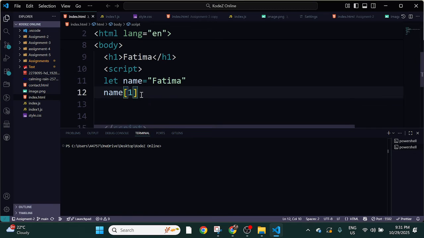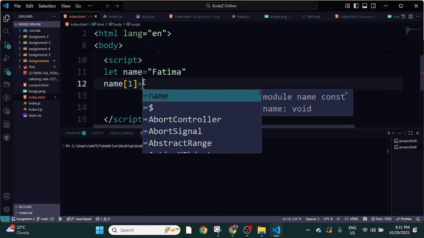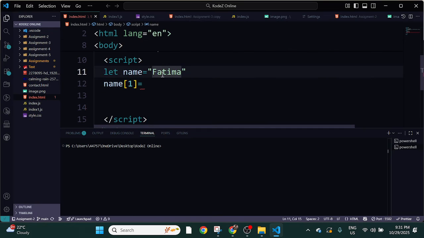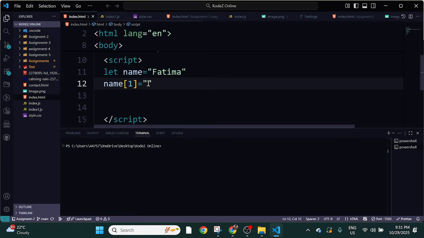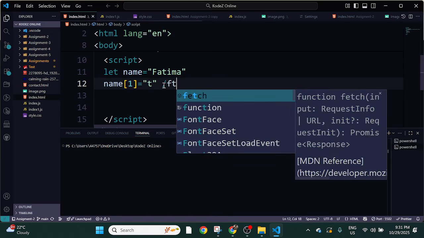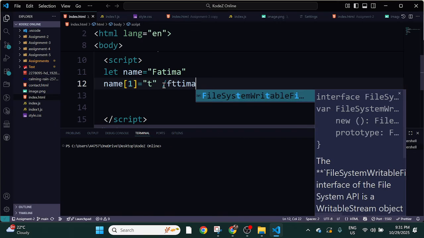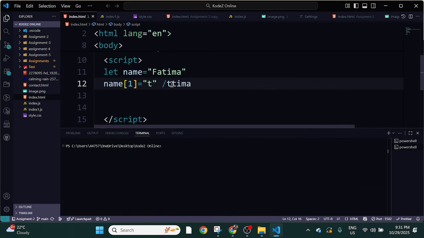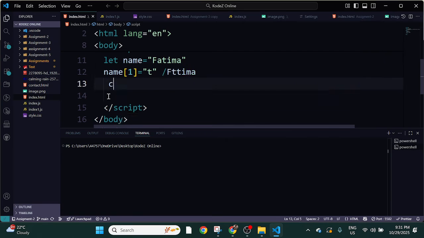You can make some changes inside it also. So instead of this A, I want to change it and give some different alphabet here. I want to give T. So it must look like this now, right? F T T I M A. Right, now I changed it. But when I try to console it, see,